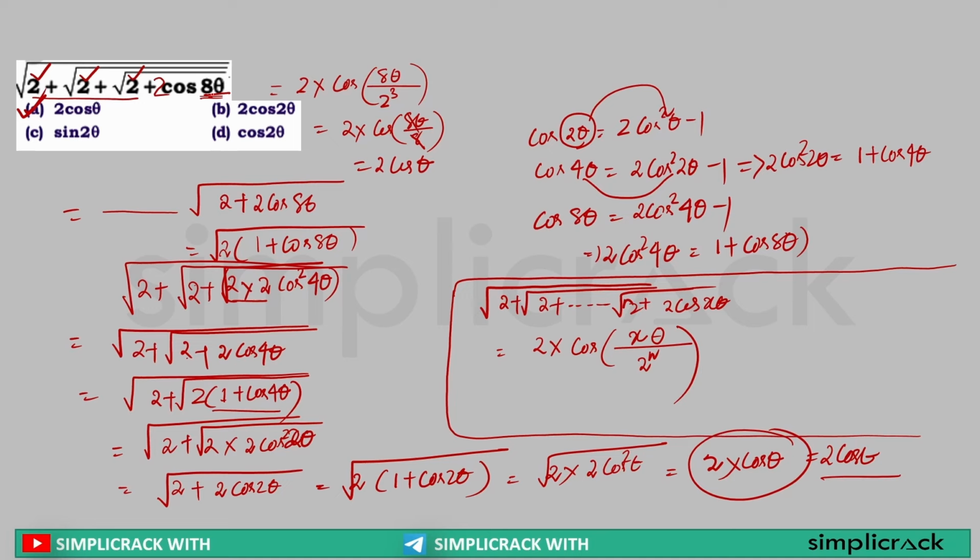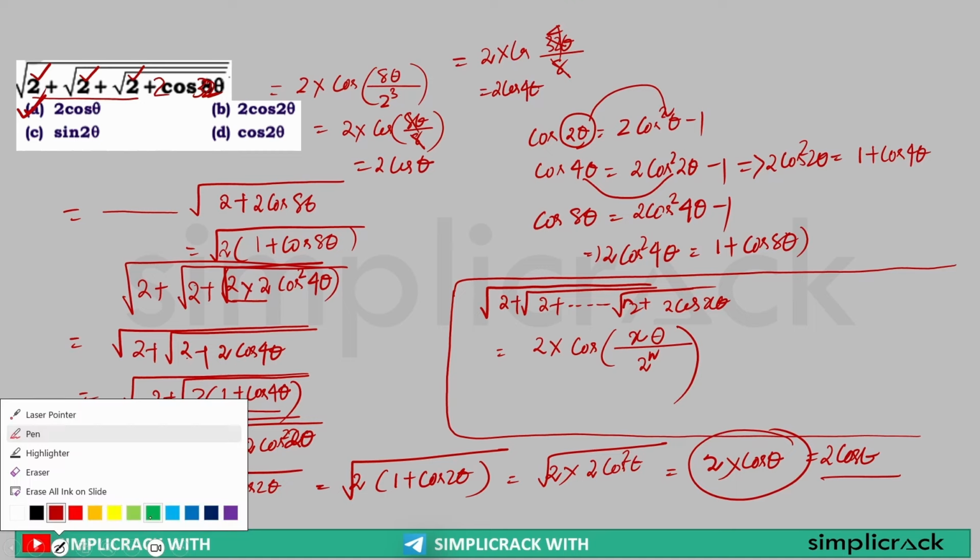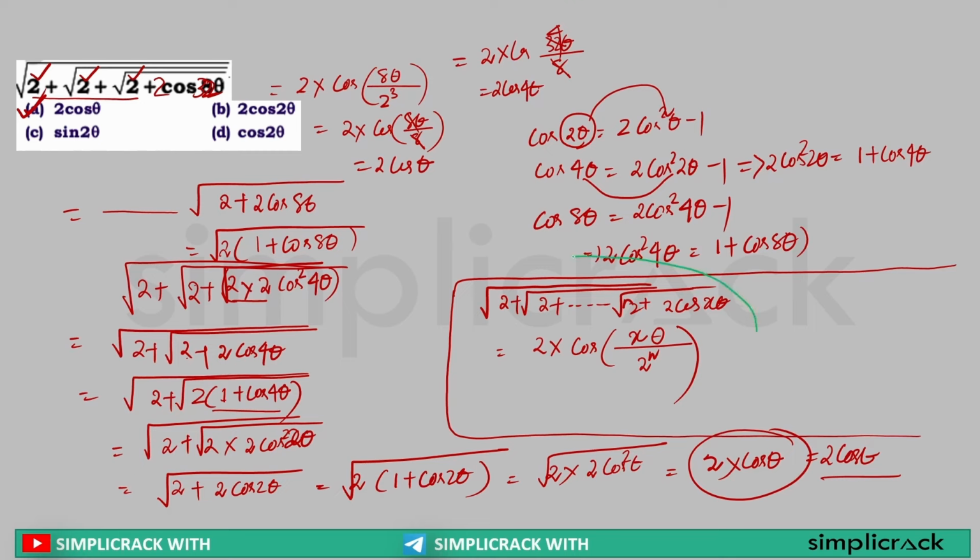Now if in this case, here it was 32 theta, then what would we have done? Sir, then the answer would have been 2 cos 32 theta divided by 8. 8 4s are 32, so answer is 2 cos 4 theta. Are you getting my point? Yes or no? So whenever you encounter a question like this, you need to apply this formula. What is this formula? The formula is 2 into cos x theta divided by 2 to the power n. N means how many